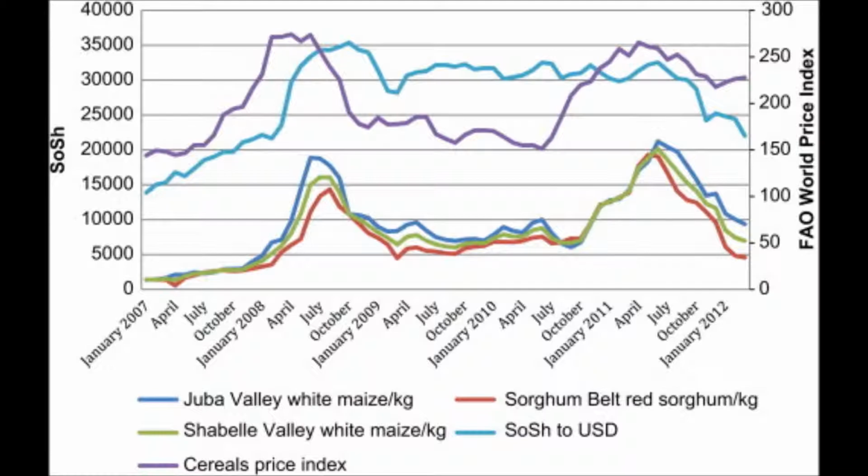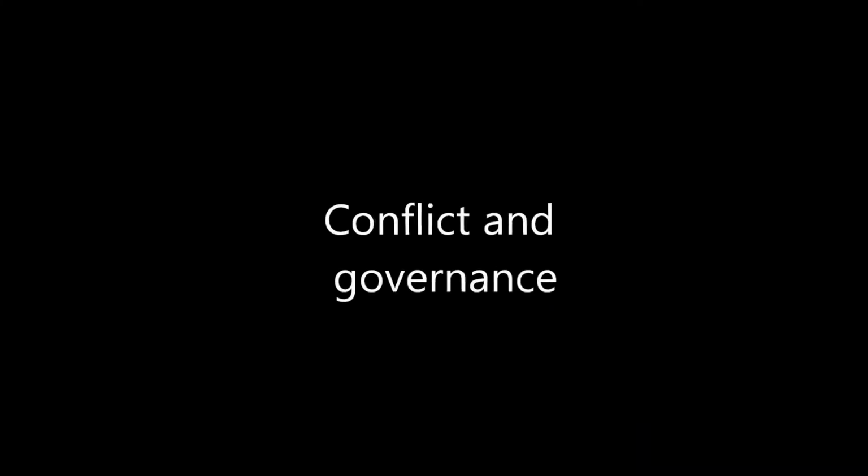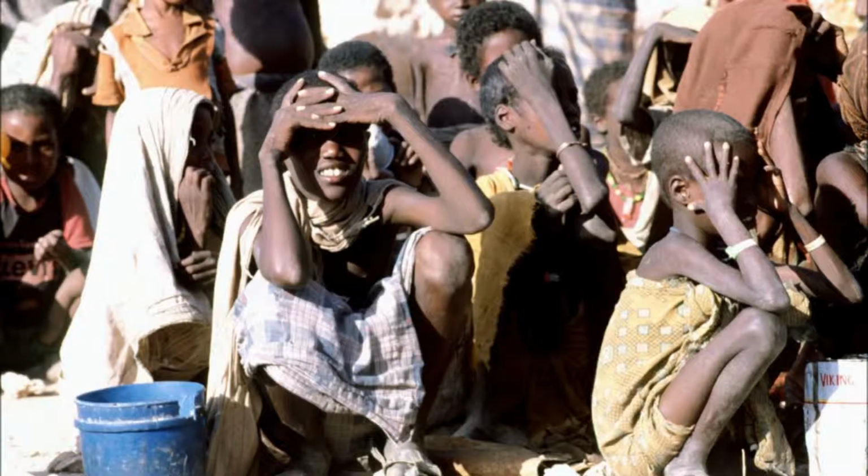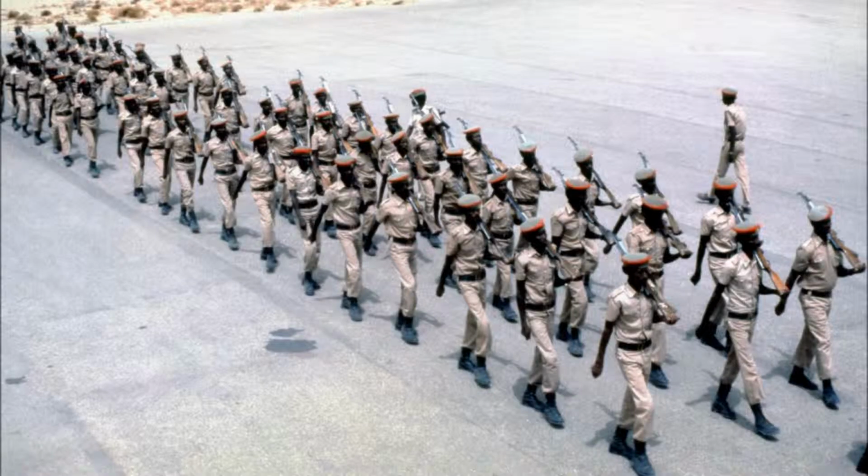Conflict and governance. The biggest underlying factor of all of this is the inability of Somalia's government and donors to tackle the country's chronic poverty, which has marginalised vulnerable people and weakened their ability to cope. There has been a lack of investment in social services and basic infrastructure and a lack of good governance. Not only was the governance of its people in a bad state, but the ongoing and unresolved conflict in Somalia